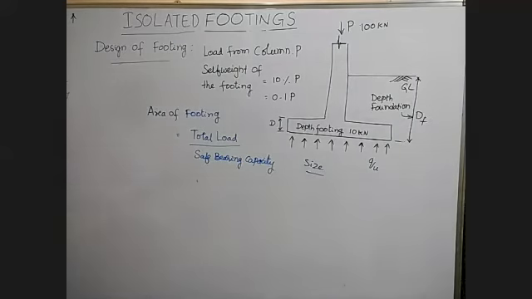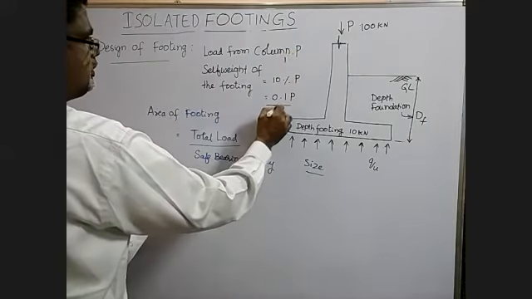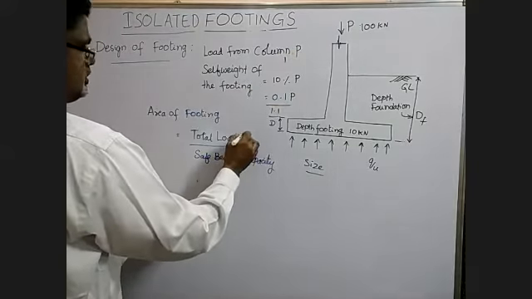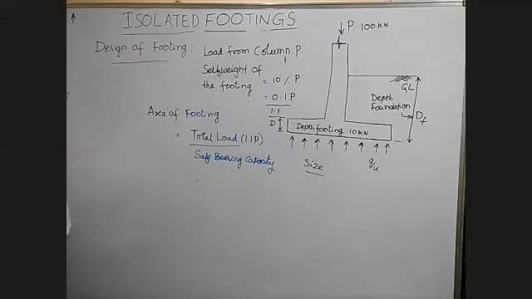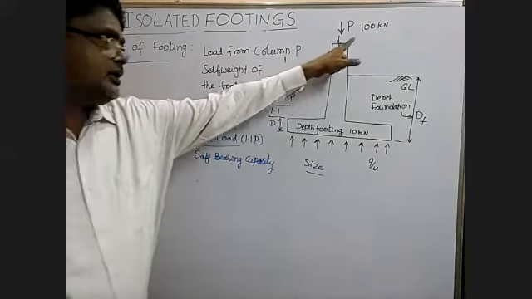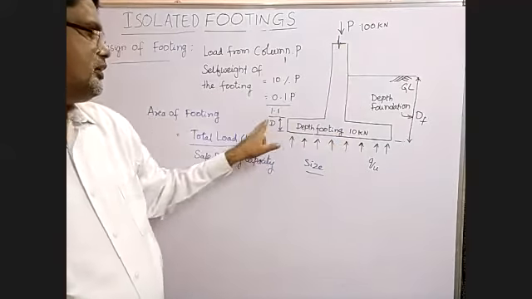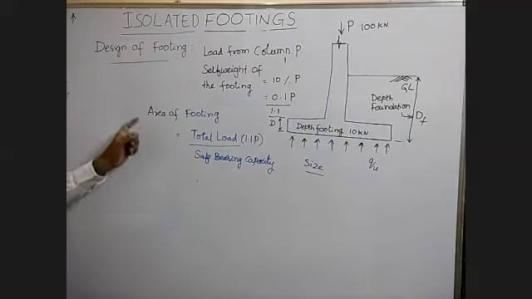See here, total load is 1.1 P, adding 10% for the self weight of this footing. So 100 plus 10, 110 kilonewtons you have to write here. So the area of this footing is total load by safe